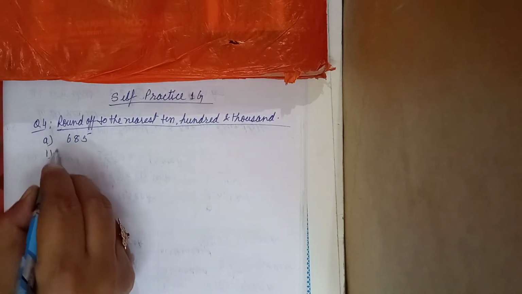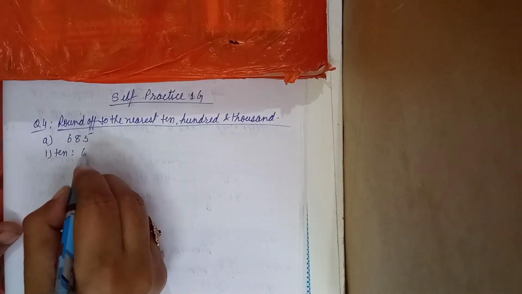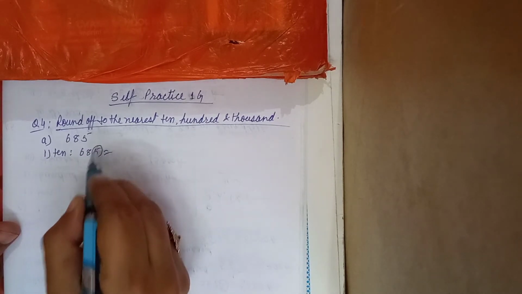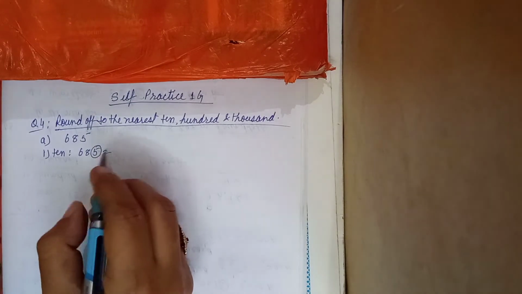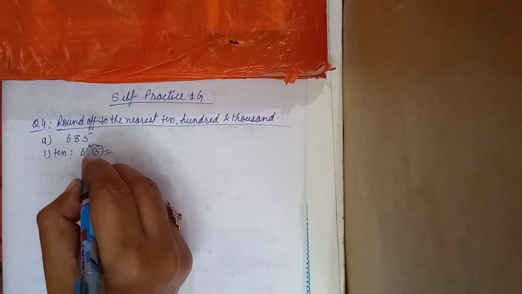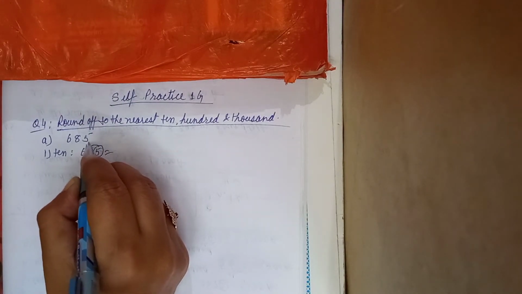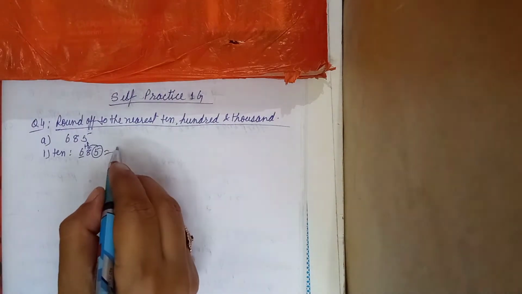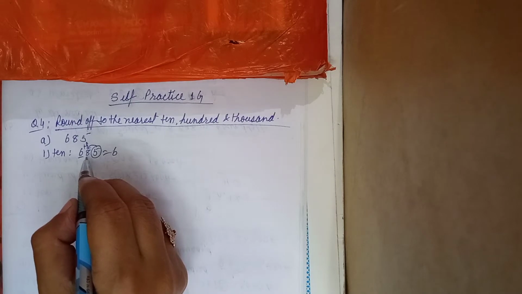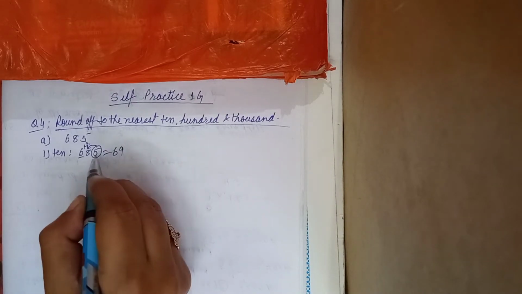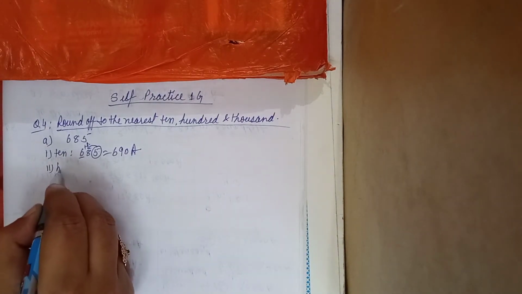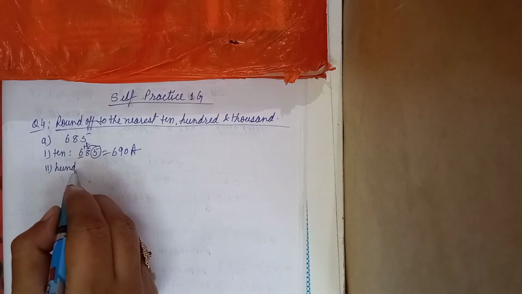So first we will round off to 10, 685. For rounding off to 10, we will see the ones place. Ones place में it is written 5, which is equal to 5. Then we will give plus 1 to the number what it is written in the tens place. The 100 place में the number is written 6, which will remain same. And tens place में the number is 8, which becomes 8 plus 1, 9. And in ones place we will put 0. This is our answer.